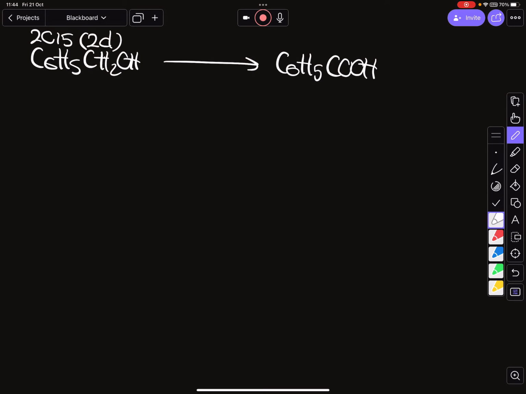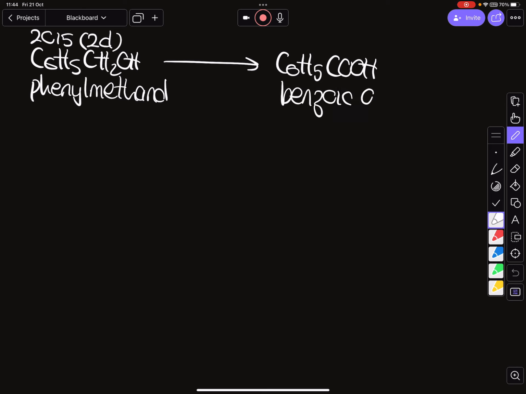Okay, folks, so this is going to be the working out for 2015 2D. The information we have from the question, so I know in the question it's all of the structural diagrams, but you will be able to work out formulas. So this is a thing called phenylmethanol. And this time next year you will be able to write this and recognize it, and this is called benzoic